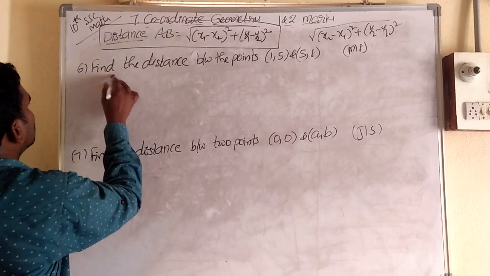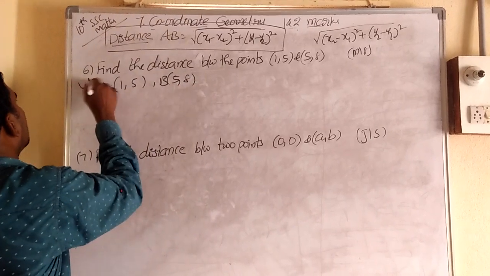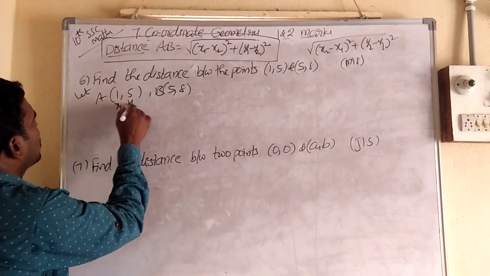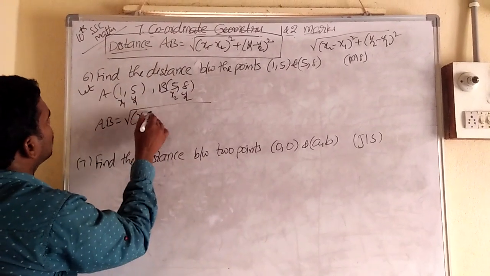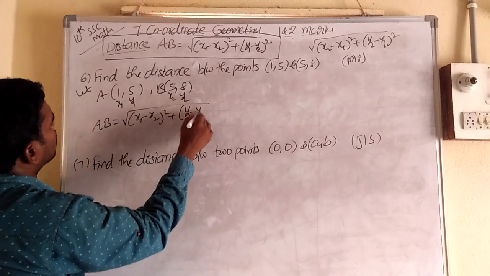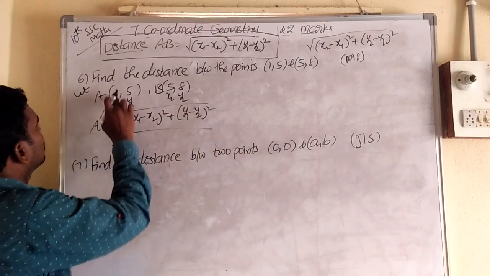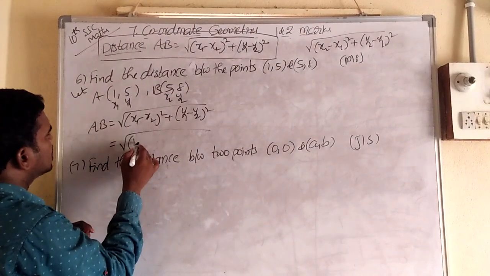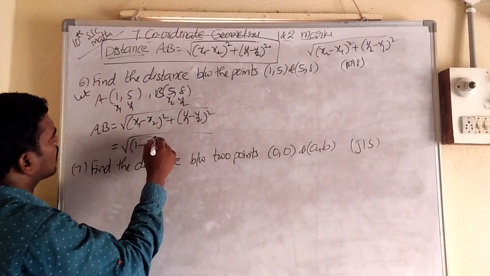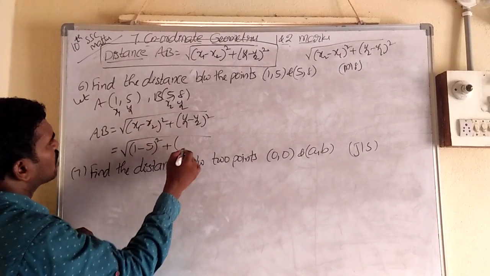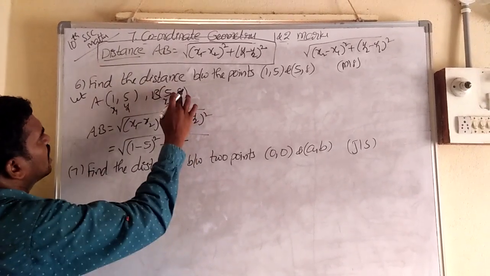Okay. And sixth question, find the distance between the points 1 comma 5 and 5 comma 8. So March 18th question. So one is 1 comma 5, let us take. Second one is 5 comma 8. So let me take A as 1 comma 5. That is x1 y1, x2 y2. What is the distance formula? AB equal root of x1 minus x2 whole square plus y1 minus y2 whole square. Okay, is equal to root of, what is x1 here? 1. But next minus, next x2, which is 5. Close bracket. Next square, next plus, next bracket, y1, which is 5. Next minus, y2 which is 8.